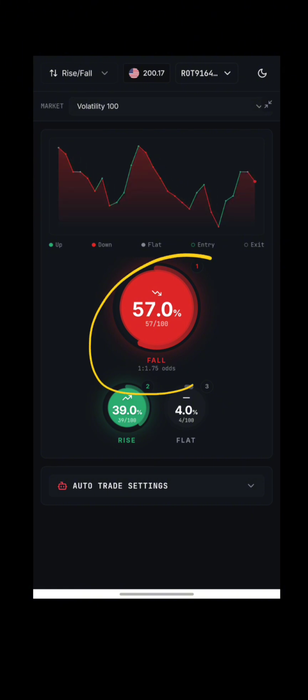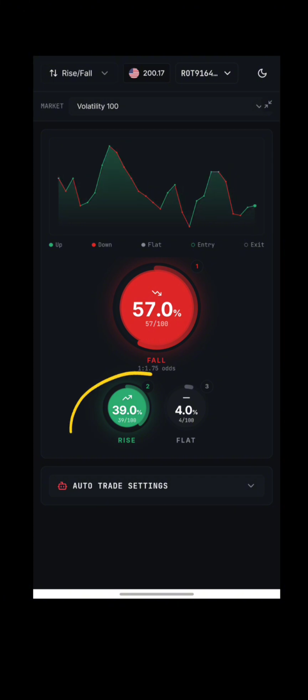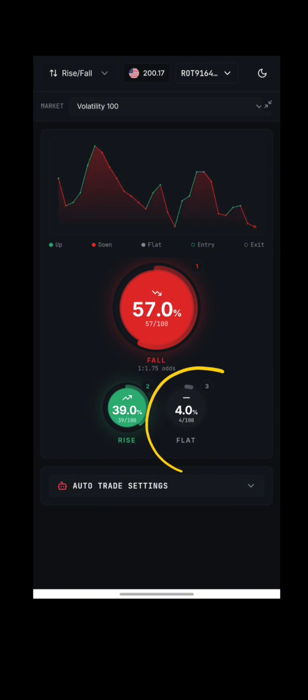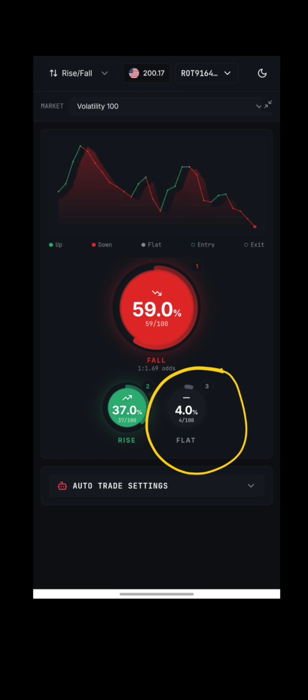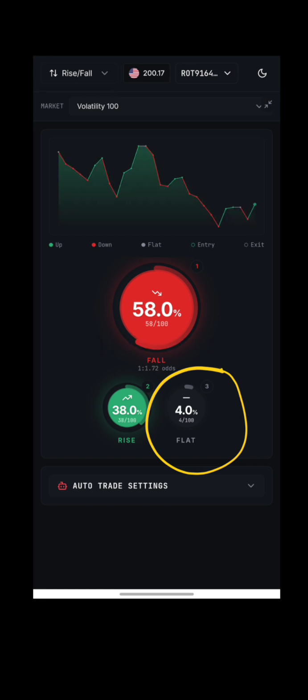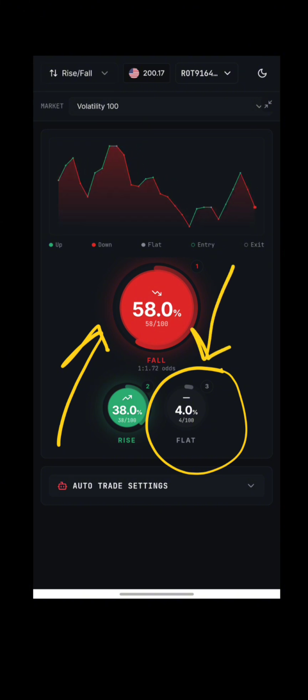So what you can see here, we have the fall market. The fall market is at 57%. And if you check the rise market, the rise market is at 39%. And the consolidated market, which is represented by the name flat, is at 4%. So it means the probability for this market to consolidate in one place is only 4%, the probability of this market to rise is only 39%, and the probability of this market to fall is high at